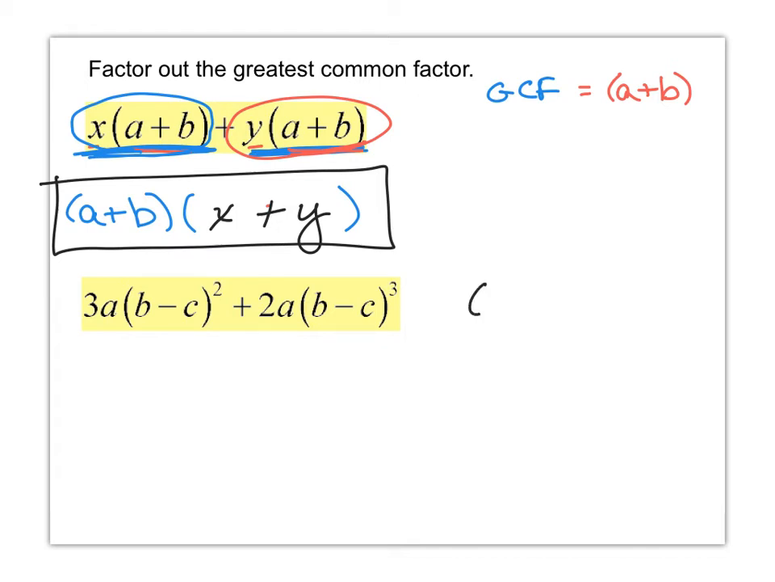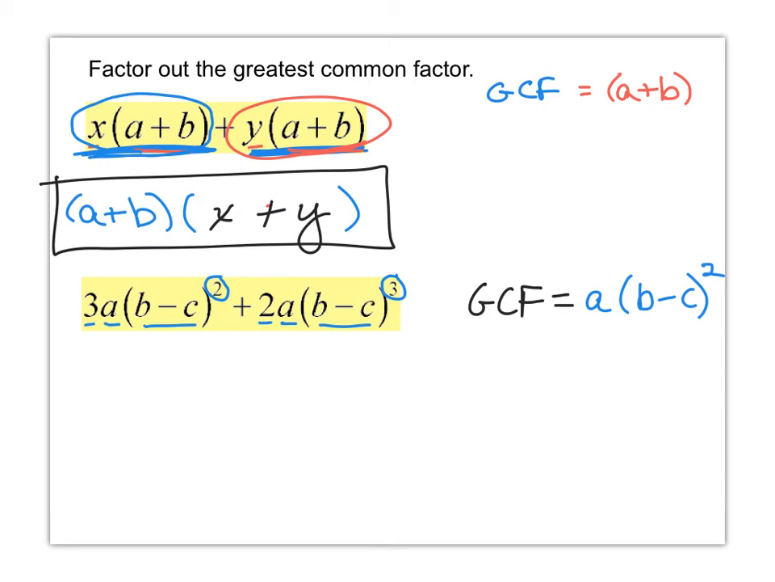Find the greatest common factor. Looking at the coefficients of 3 and 2, there is no greatest common factor other than 1. So let's move on to the variables. They both have that variable a, so that's going to be part of the greatest common factor. And notice they both have the b minus c expression. The first one has a power of 2, and the second one has a power of 3. So the greatest common factor will have a b minus c factor, using the smallest of those exponents,